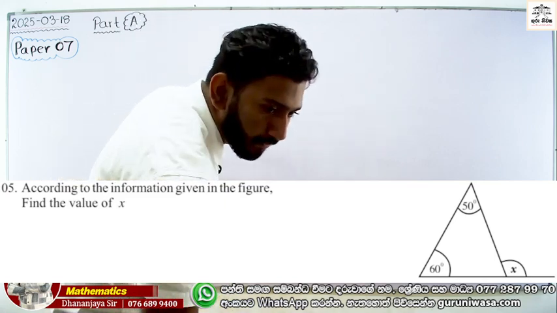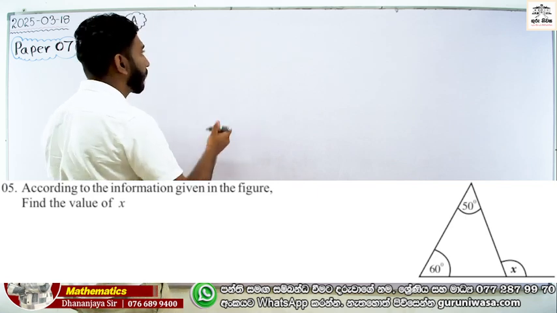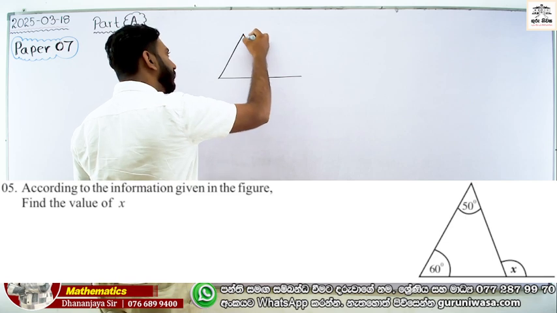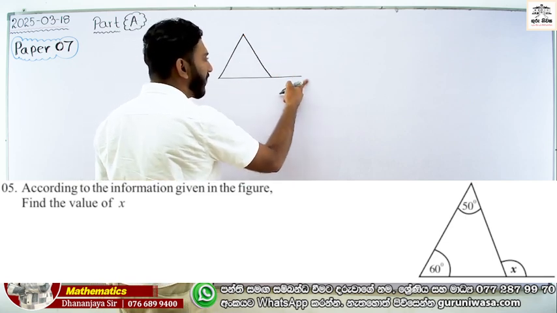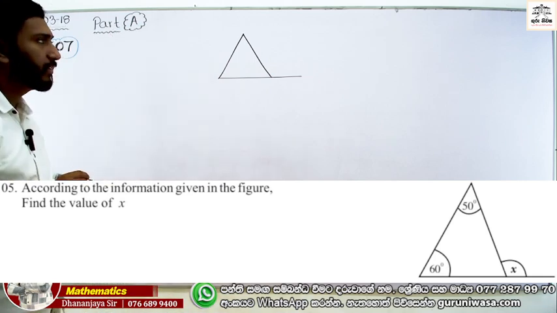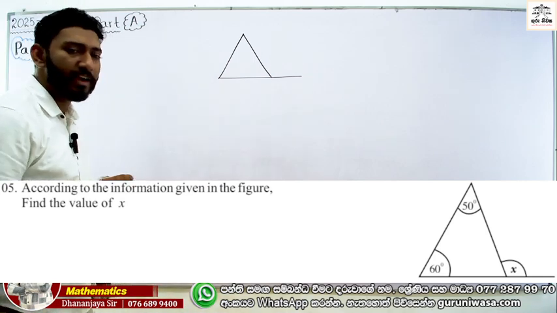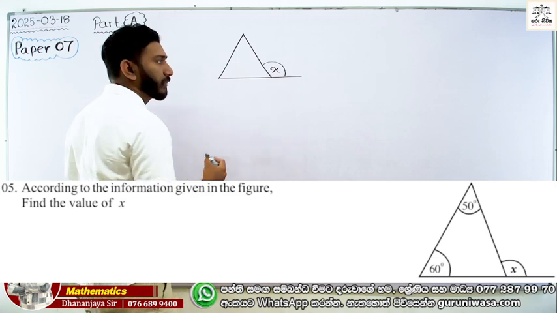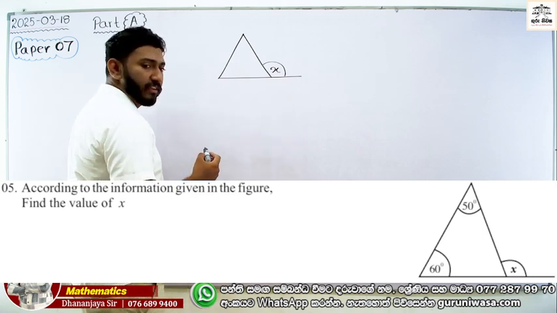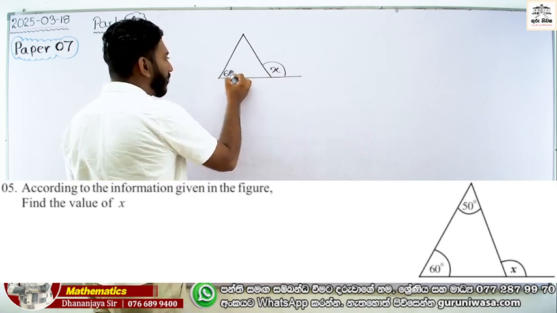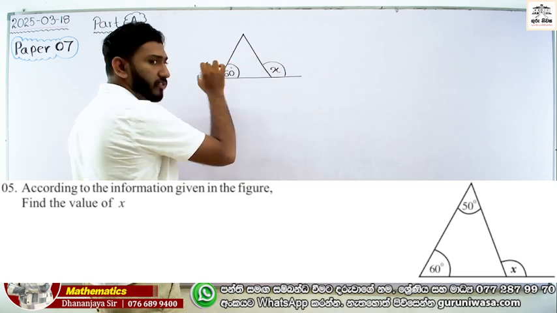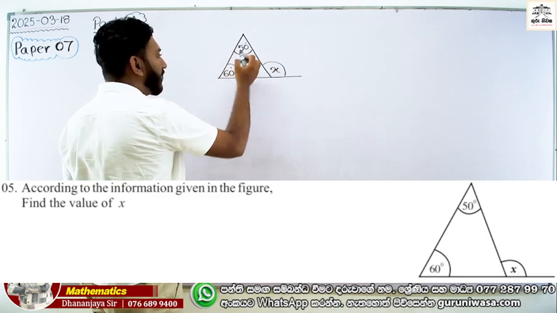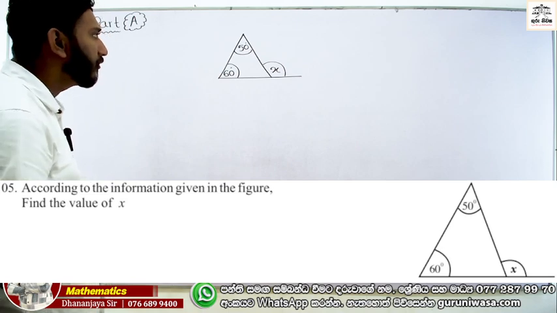Right. Now look at this. This is a diagram, and this is the extended side. If we have an extended side of a triangle, there is an exterior angle. This is the exterior angle, x. X is the exterior angle. The theorem is: if a side is produced, the exterior angle of a triangle should be equal to the sum of the